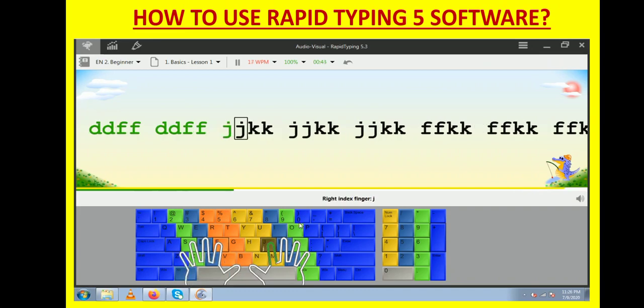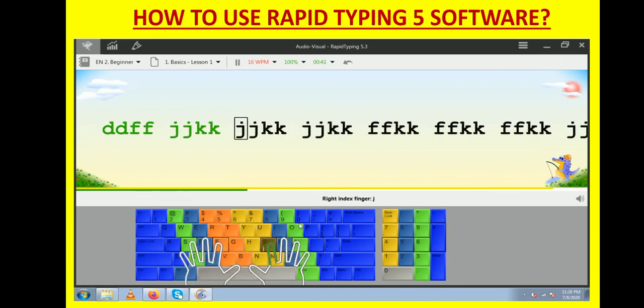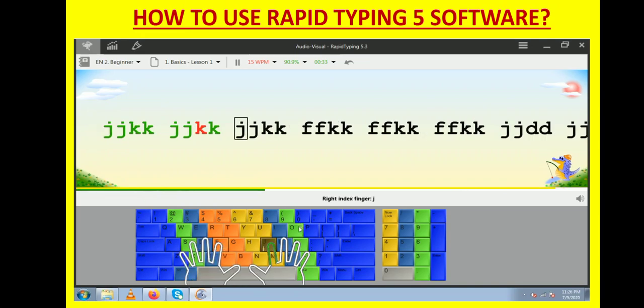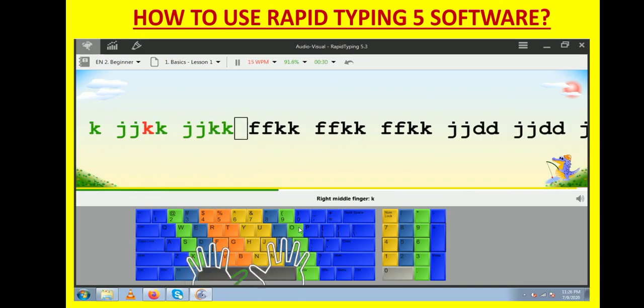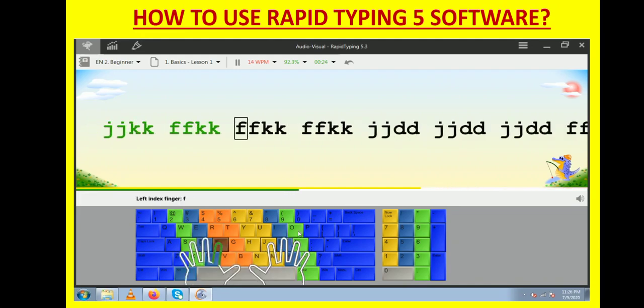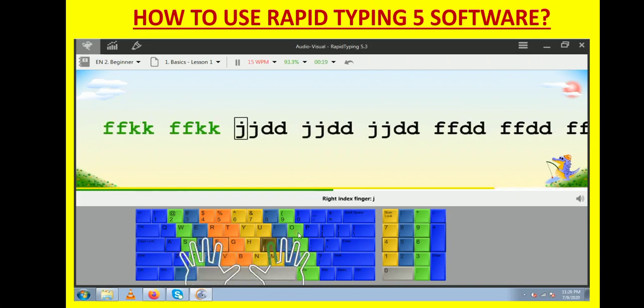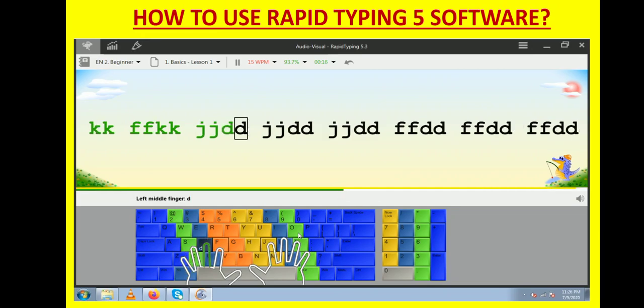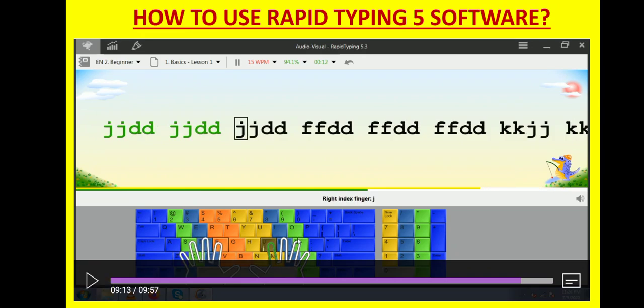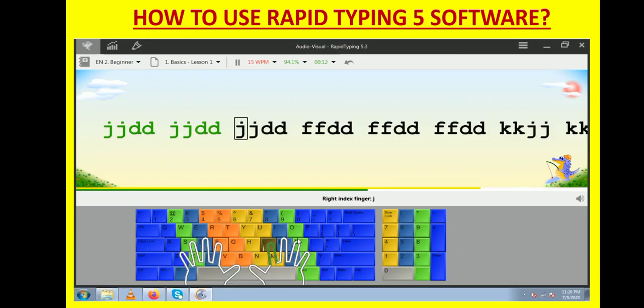Give sufficient time for practice to each of the lessons and try to achieve 100% accuracy in all of your lessons. So in this way, you can practice all the lessons very easily.